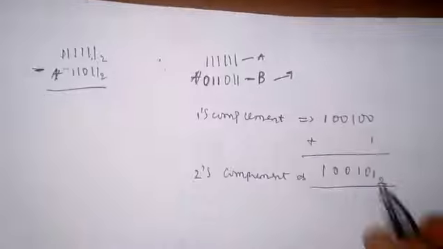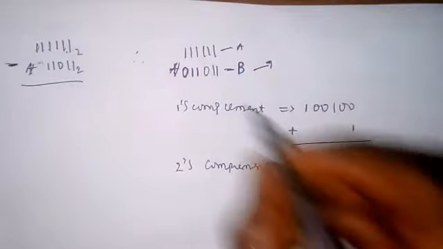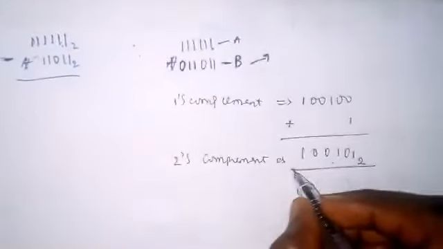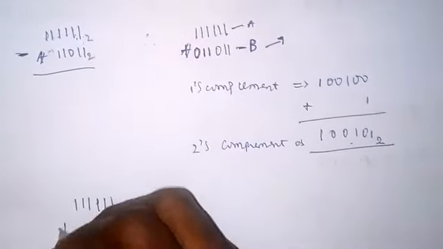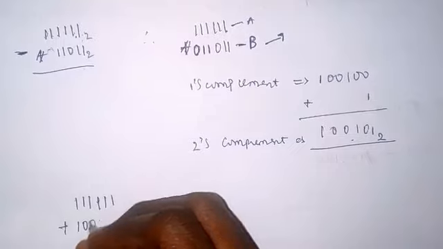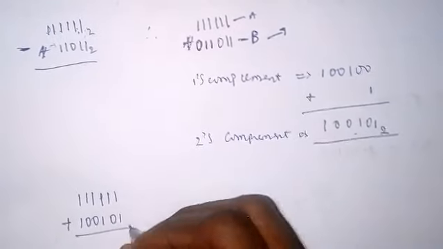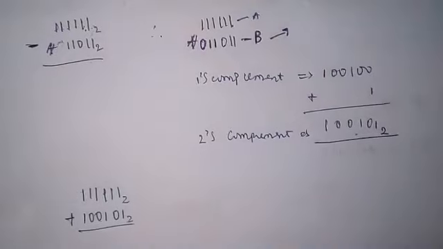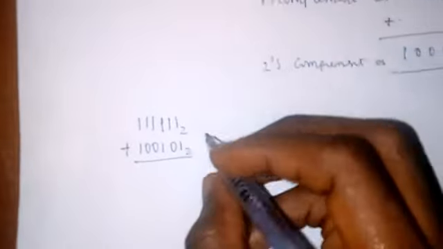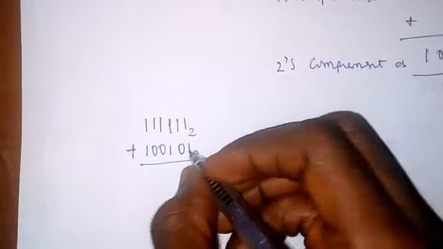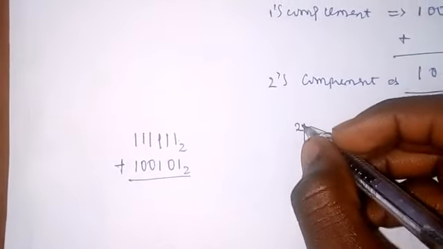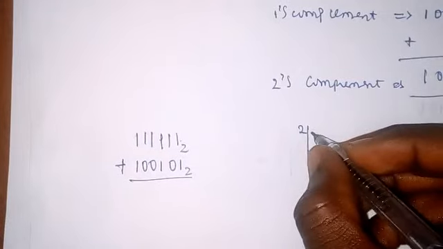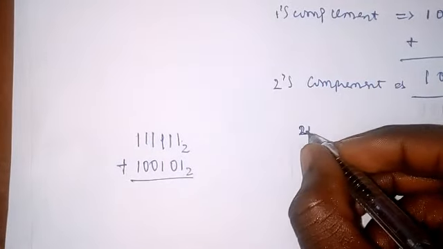That means after finding it, you are going to add this with A. You're going to add the second complement with A, which is 1 1 1 1 1 1 plus 1 0 1 0 0 1. All are in base 2. Remember, once you perform the operation, it's going to give you 1 plus 1 is 2, and remember, we are considering base 2, so 2 divided by 2